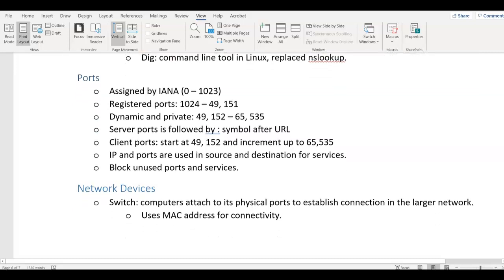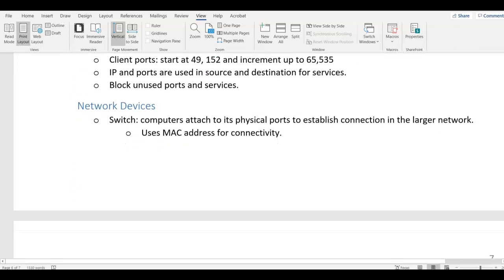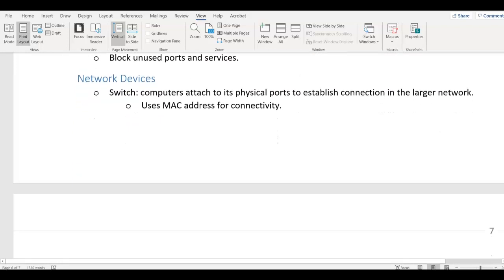Now, in a simple network environment, you would see the system connecting to a switch, which can be managed or unmanaged. A managed switch means that we can log into that switch, and that switch would have an operating system, and it would have a command line for us to be able to configure